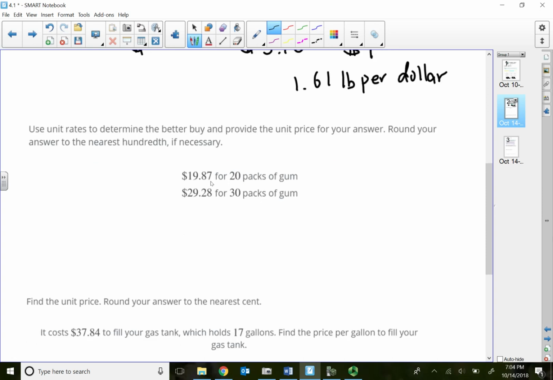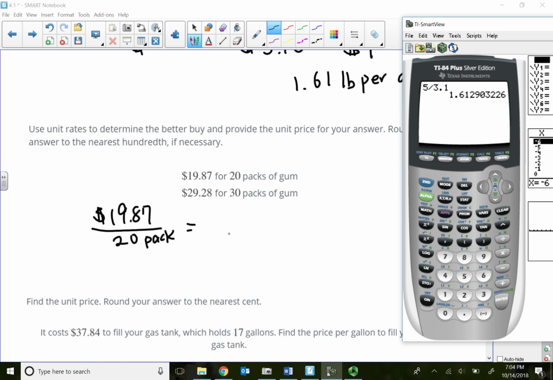All right, so with these types of problems, they want me to put the number on top divided by so many packs of gum. So my first one is $19.87 for 20 packs of gum. Once I divide, my answer will represent how much money per pack, and provide a unit price. If they say unit price, it can go one or two ways. I can either have 19.87 divided by 20 packs, rounded to the nearest hundredth, which will be